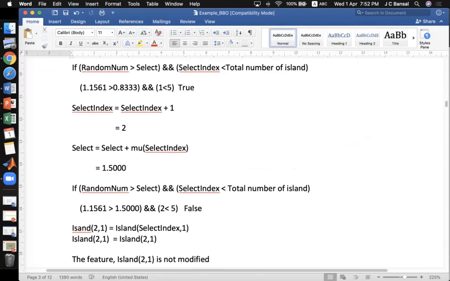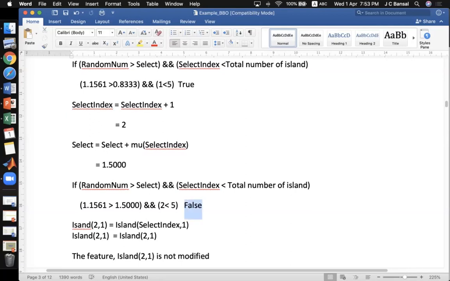So now the new value of select is this, and again we will check the same condition, and you will see here that 1.1561, random num, is not greater than this select. This condition is false. This first part is false, and therefore the entire condition is false because it's an AND, right? So now since it is false,